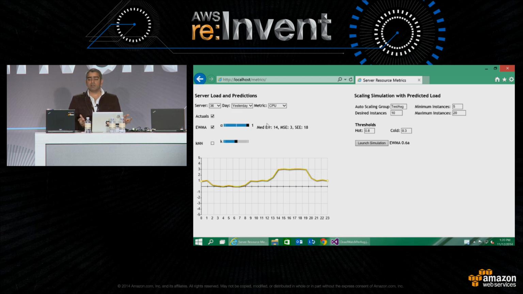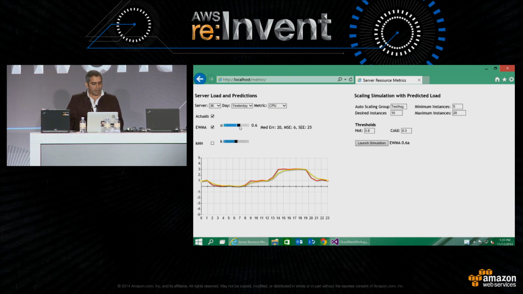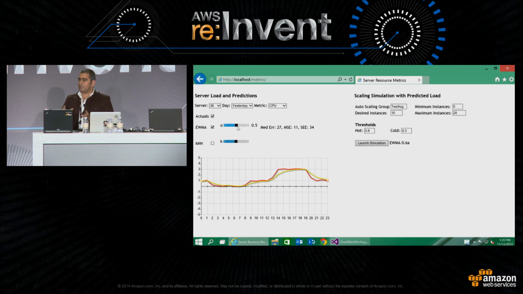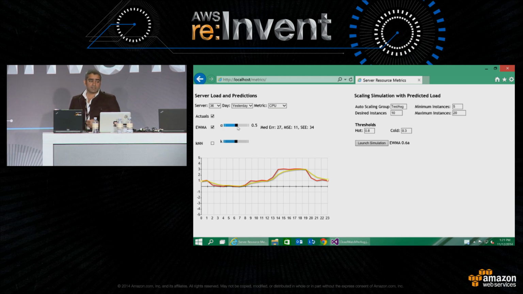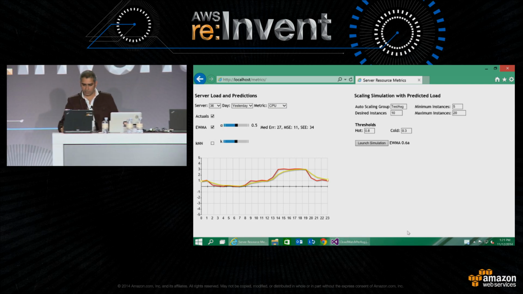But if you increase the value to 1, it's not really a good prediction because it looks exactly the same as my actual load. If I use another server with the same recommendations, I will have a big variance there. So you have to hit and trial and then find the right balance that works for you. You have to try it on many different test data sets so that you have an idea of how it works. Let's go back here real quick.